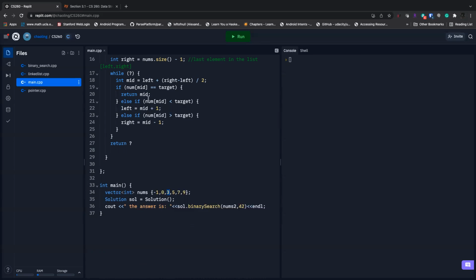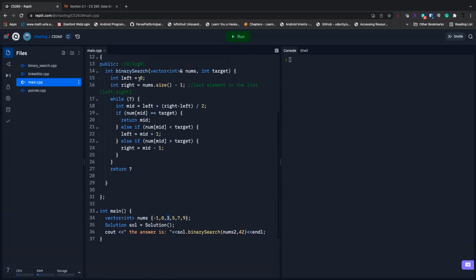Because every time you don't find the target, you're going to move either the left or the right, what's the end game? Initially the left is 0, right is the maximum index. So left must be less than or equal to right. If there's only one element, then left is equal to right. Even if it's one element, you can still get the middle, which is that element again. If you find it, return. If you didn't, then you'll be out of the loop. And then